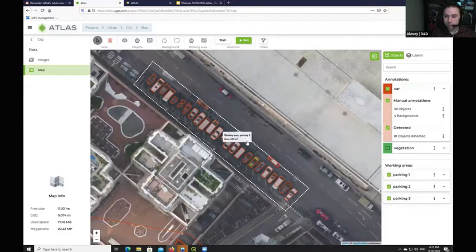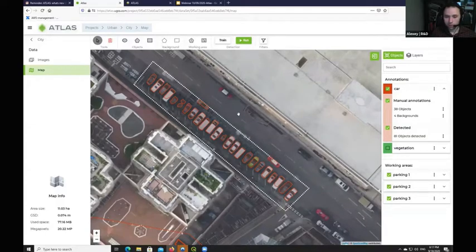We call it the working area, meaning that when you run the detection process, you can either choose detection on the entire map,